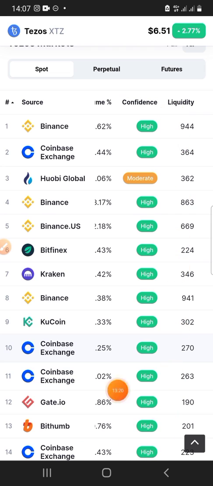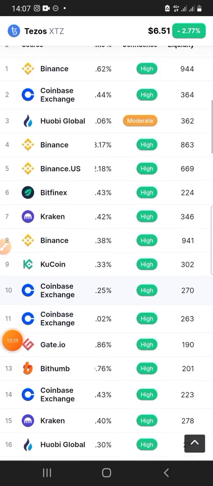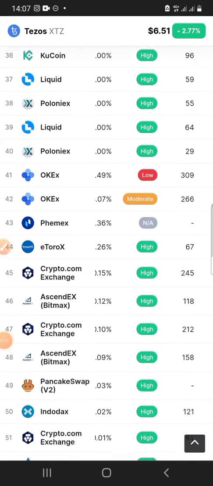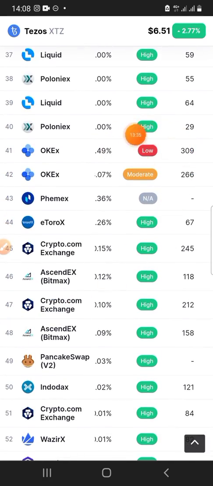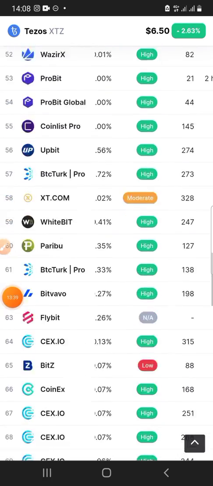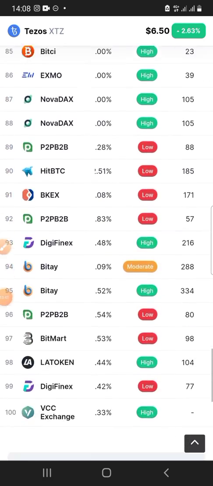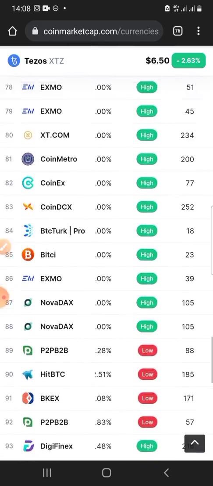The ones with the high confidence show that there's enough liquidity there, and you could trade and buy and sell with no issues. Okay, so it's very, very important to look at that. So going through, you will see that almost all the exchanges are high. OKX is low, and then another one is moderate, and you move down. But on the whole, you would see that most of these exchanges are high, and that is another very good indicator.